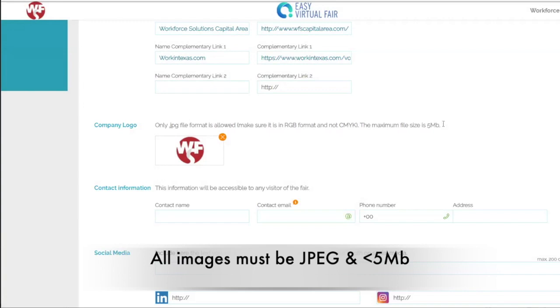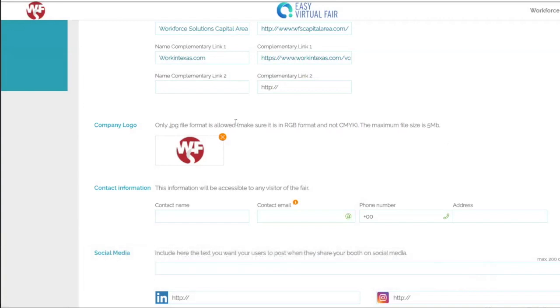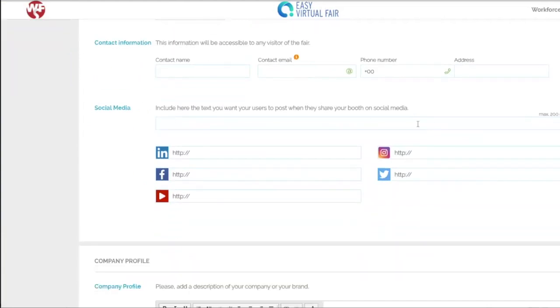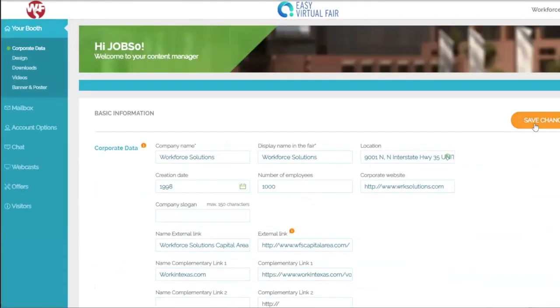If one of those two descriptions is not met, the site will not accept the image. So you want to make sure that you're following those restrictions on any images you'd like to upload. Now right here, we've got contact information and social media, but before I go ahead and enter that, I'm going